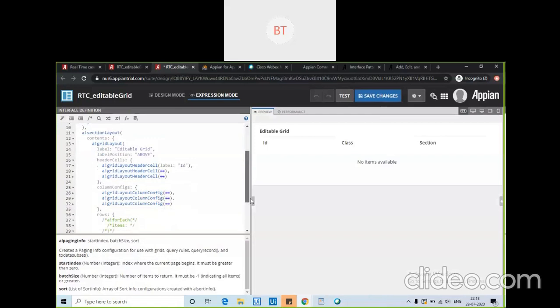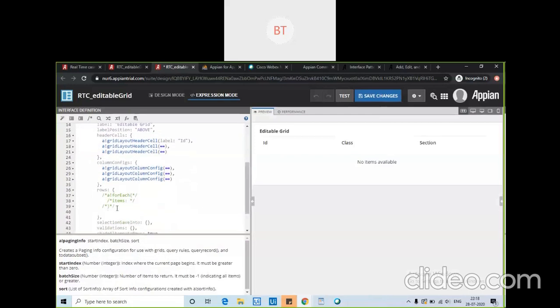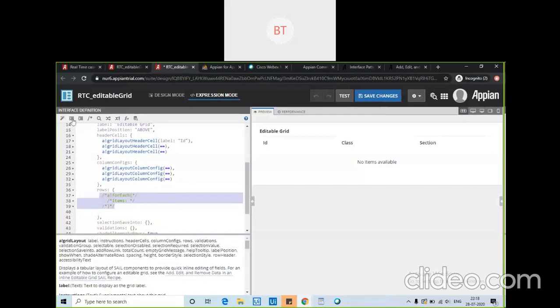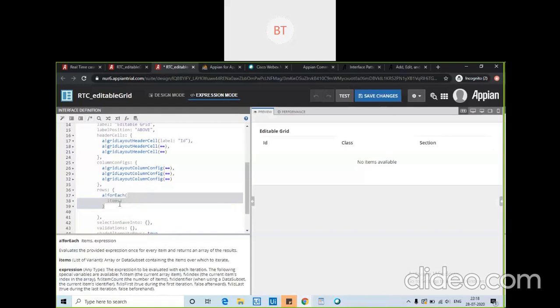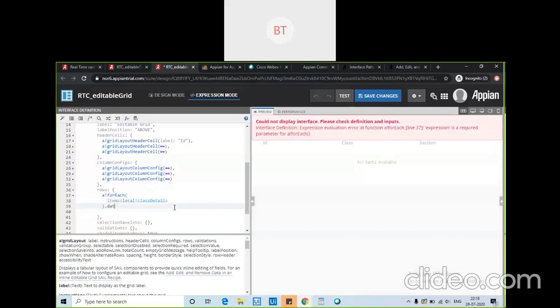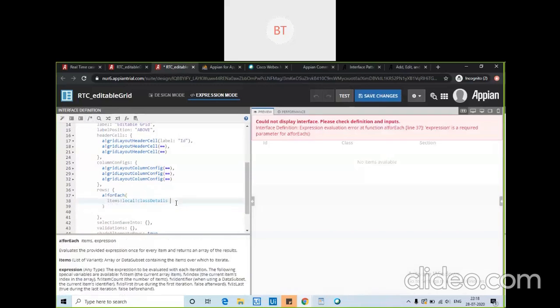So what I will do is I will loop here with a for each function with the count of that local thing dot data, dot data, then expression.